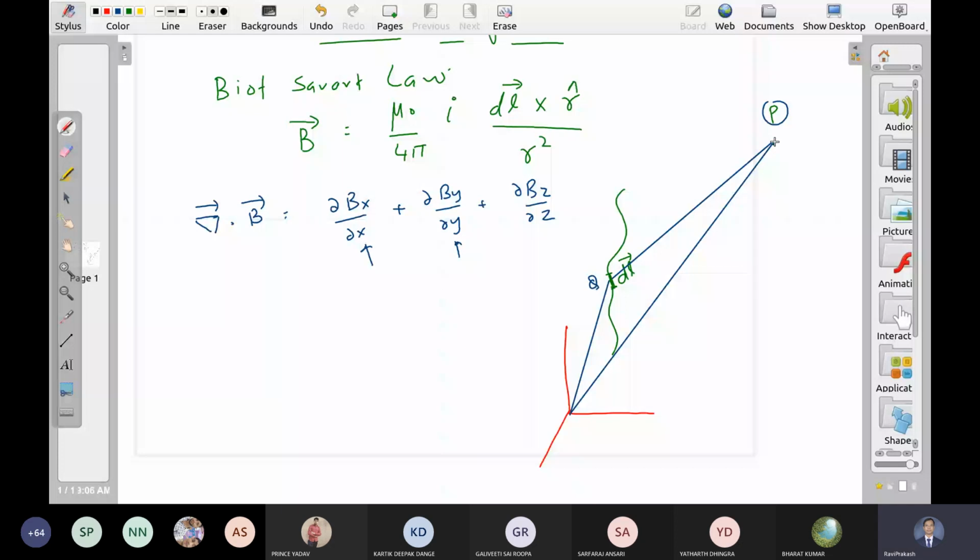So let me call this vector R. Let us say these are prime variables now. Prime denotes the points on the object. Unprime denotes the point in space. And obviously this is some vector which connects these two. So accordingly, my terms will change here also. It is not R now, it will be this curly R. Or let me use dl prime, because this prime is something related to the object.